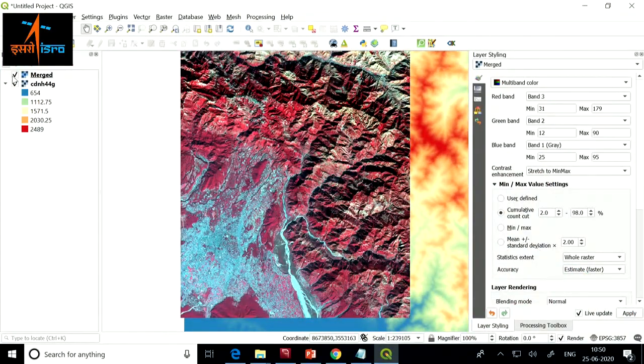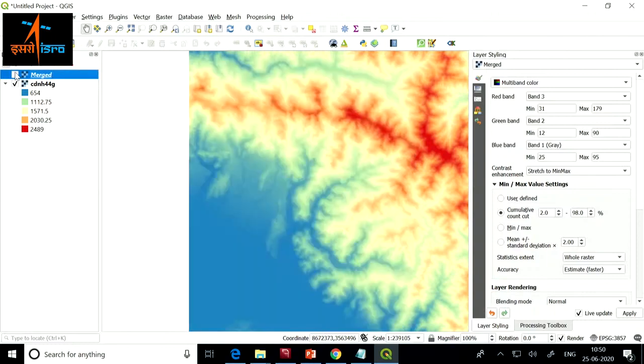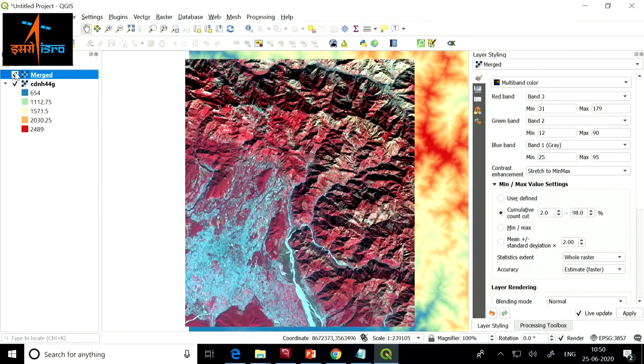You can download the satellite data free of cost for list 3 and view it in GIS. You can overlay them and you can view the digital elevation values below and the radiance values on top. Now I want to drape them together. I want to see both of these things together. So for that, I'll need to clip them for a certain area. So let me first show you how to digitize on top of QGIS.